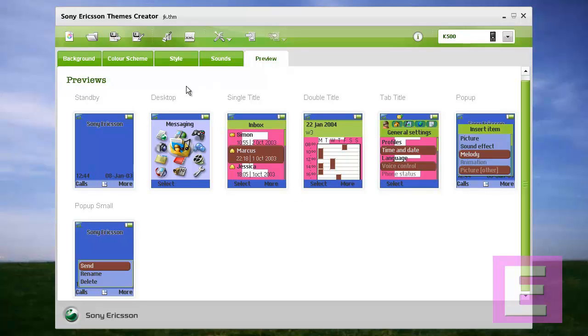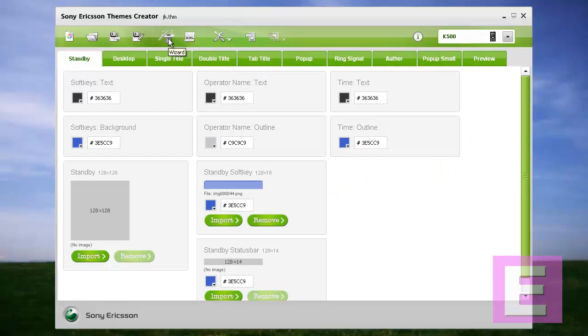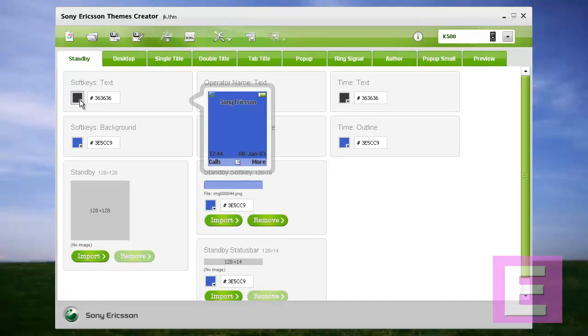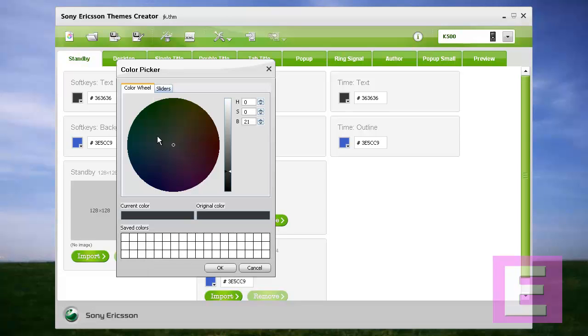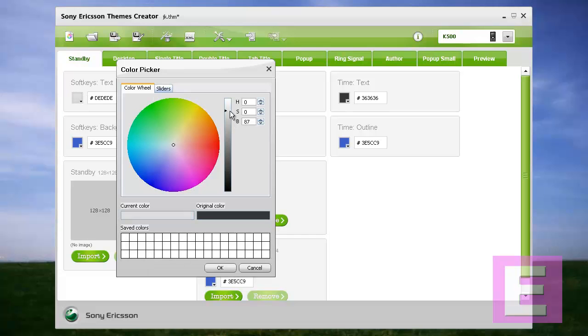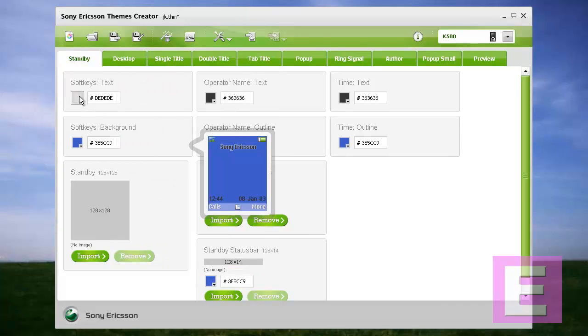This is one way through which you can create your mobile phone theme. One more way is there, an advanced mode. By clicking on this button you will get that mode. As soon as you move your mouse pointer, you can see the output. What text color, I mean soft key text color, is appearing there. It is black already. You can set it as per your requirement. Click on OK. Now see, the soft key colors have changed.